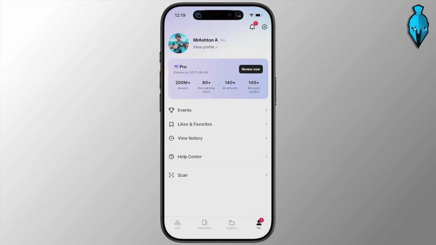Now, CapCut Pro does currently include 100 gigabytes of cloud storage, while CapCut Teams includes up to 1,000 gigabytes of shared storage. And depending on your account, CapCut may also offer additional 100 gigabyte or 1,000 gigabyte storage expansions. So just choose the option that you want, select the payment option, and the additional storage will then be added